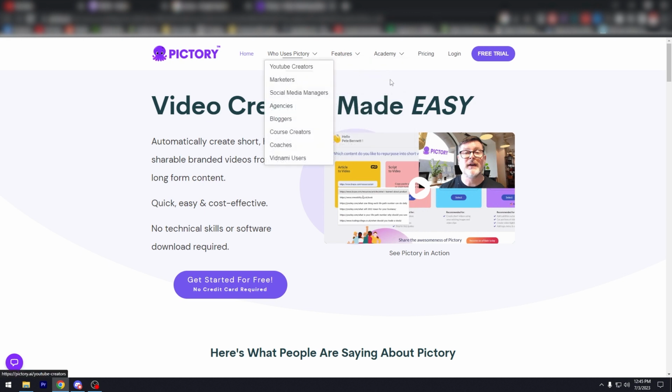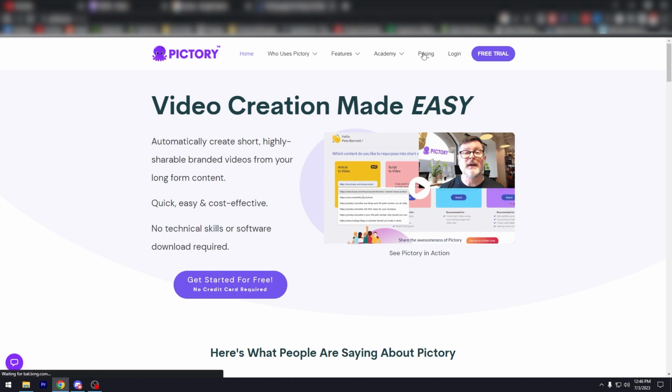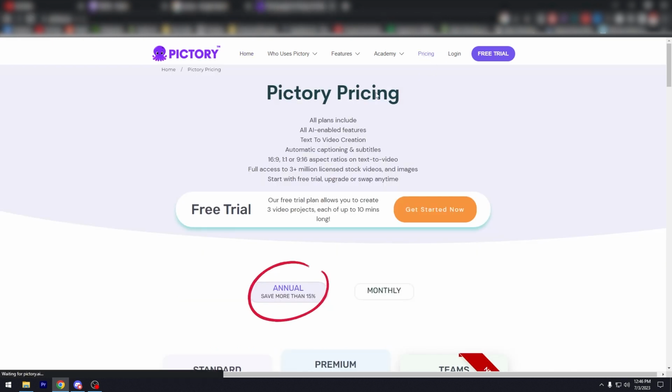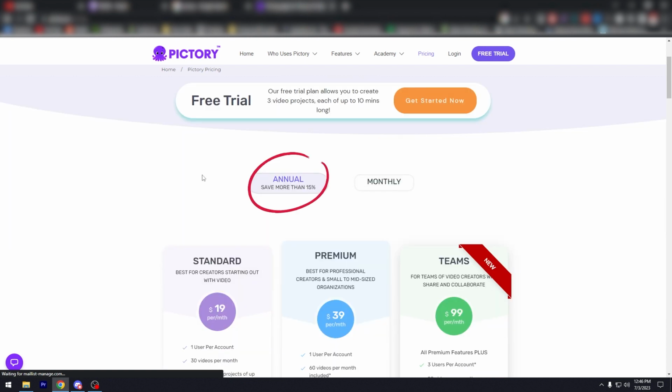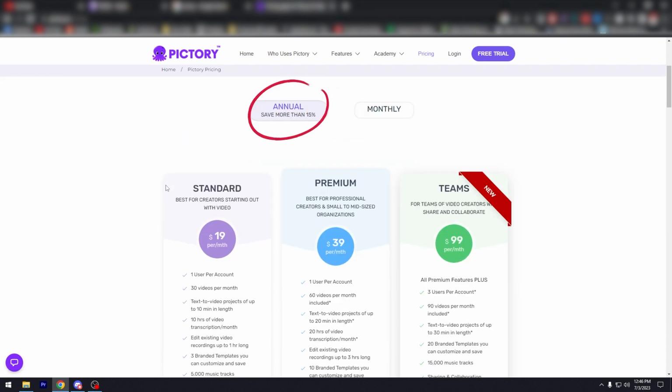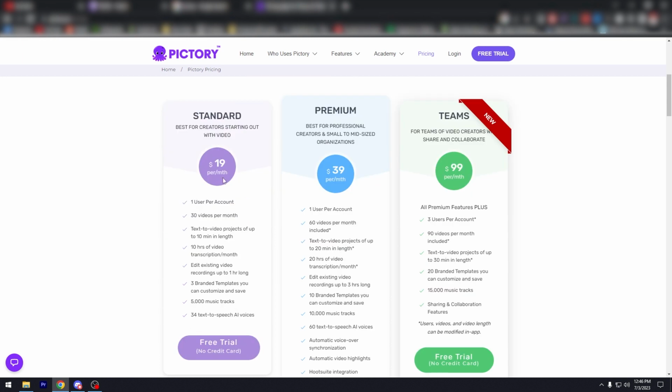And if you see on their menu on the top, you can see who uses Pictory, features, academy, pricing, and login. So let's go to pricing first. So for pricing, you can either do annual or monthly. So standard, best for creators starting out with video, $19 per month, one user, 30 videos per month, text to video projects of up to 10 minutes in length, 10 hours of video transcription per month,